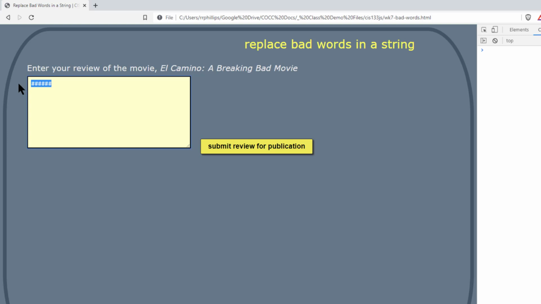Let's try it in a regular sentence. Doc with a capital D is a dwarf. Click, perfect. That seems to be working. And this should even do partial words too. So if I used the bad word, like docking,